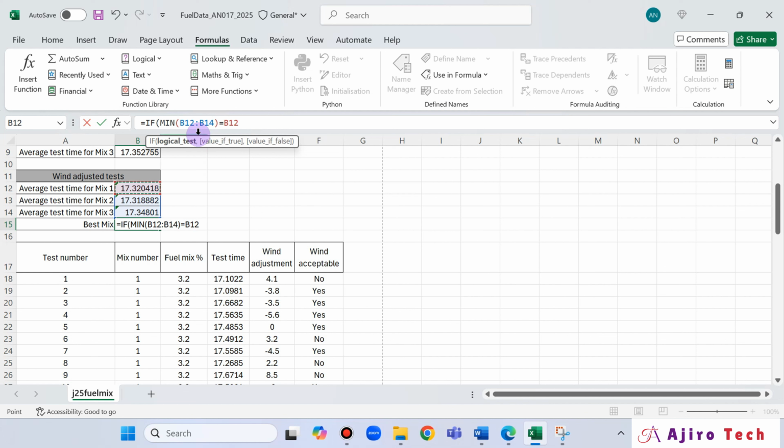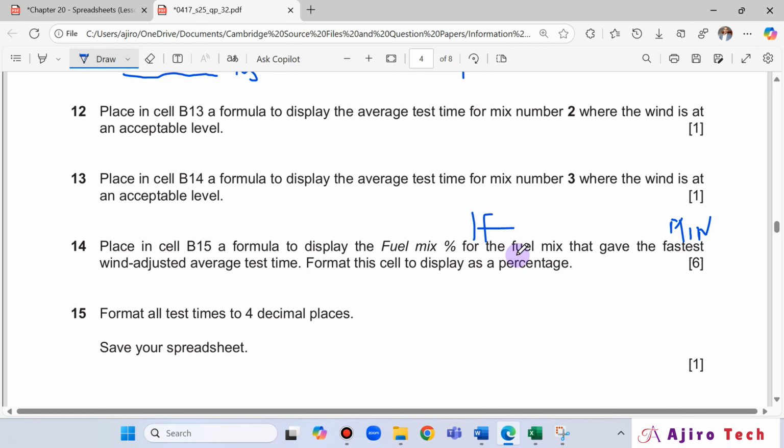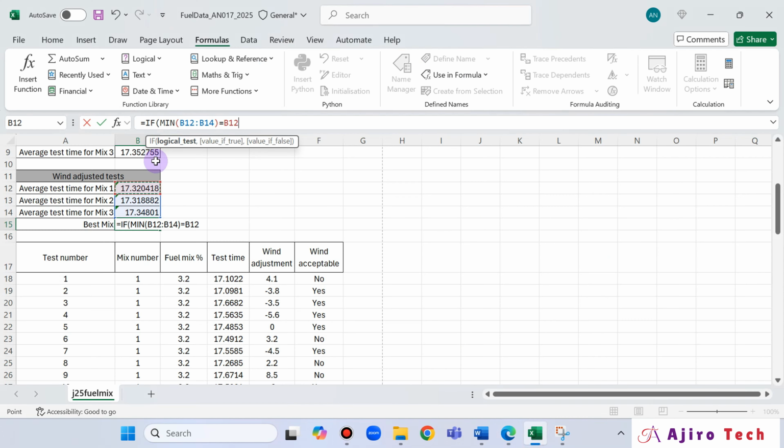So we're not saying that if the minimum won't know the fastest, look what they said. Look at what they said now. For the fuel mix that give the fastest when adjusted average time, the fuel mix in percentage that gave the fastest, we want to know of the 3 which one, right? Okay, so we have this comma,